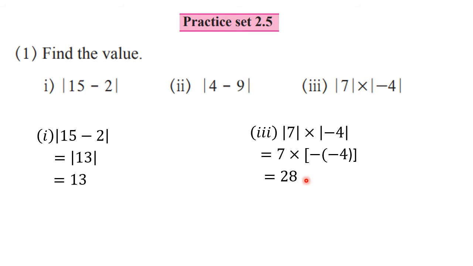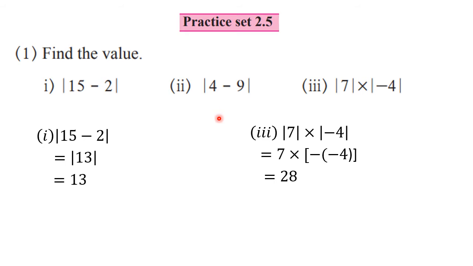7 4s are 28. As I have said, I have written this step to make you understand why this value becomes positive. You can write directly plus 4 also, as I have said that absolute value is never negative. If you don't write this step, it will still work directly. You can write down plus 4 here, and then 7 4s are 28 is the answer. I hope you have copied down both the questions, and question number 2 you will solve as homework.